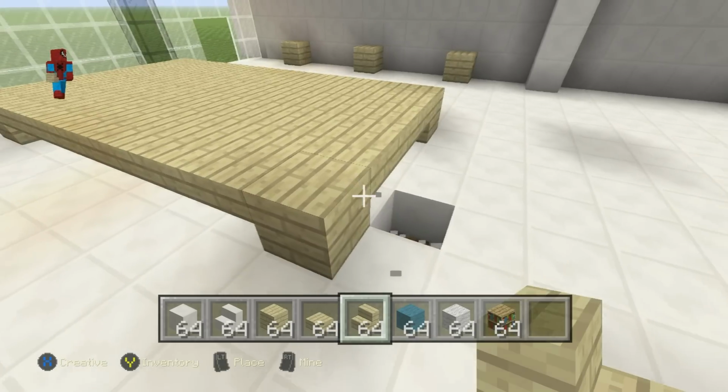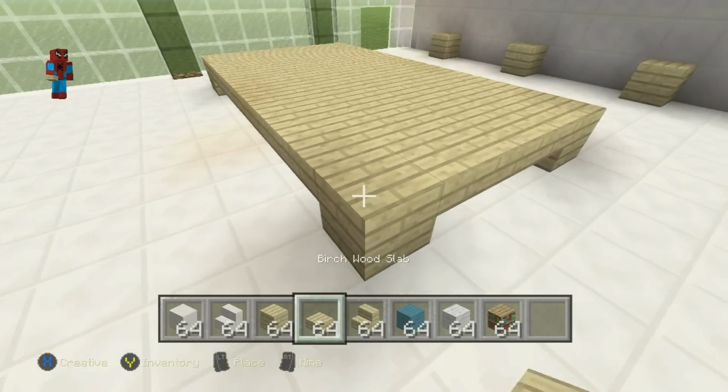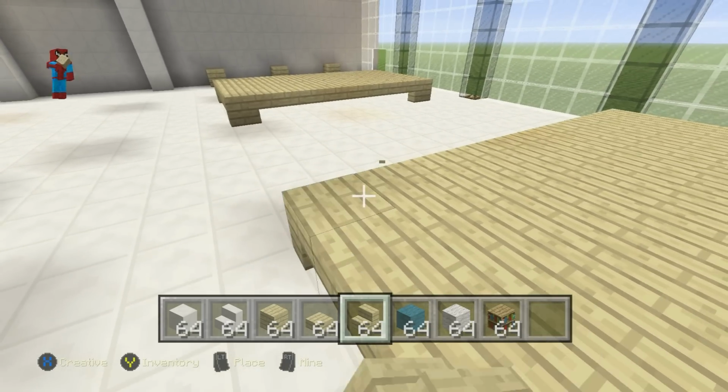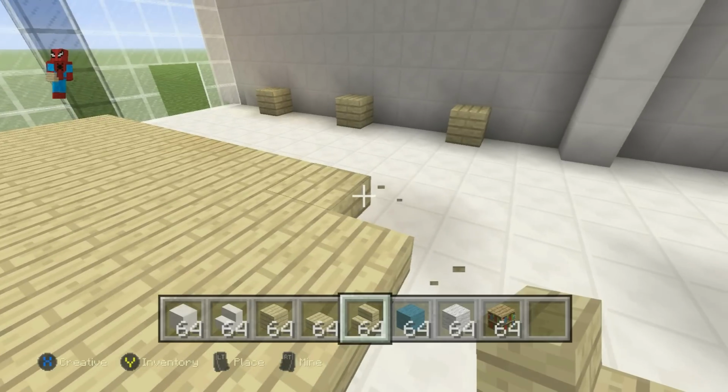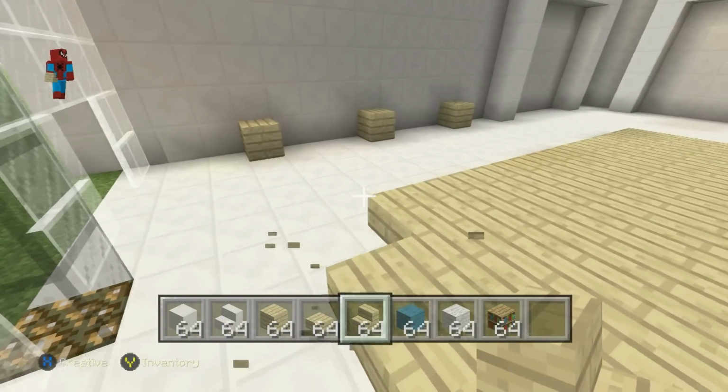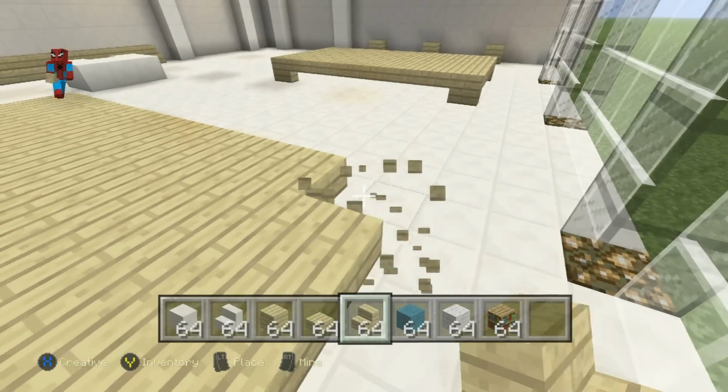They look just a little bit better than standard birchwood planks. It does take a little bit of time to add these because it takes a little bit of finesse to place them, but you know, worth it. It's all in the details, I think.